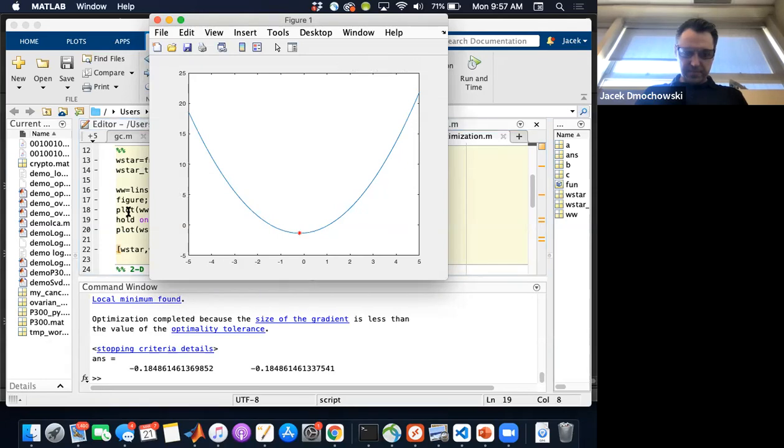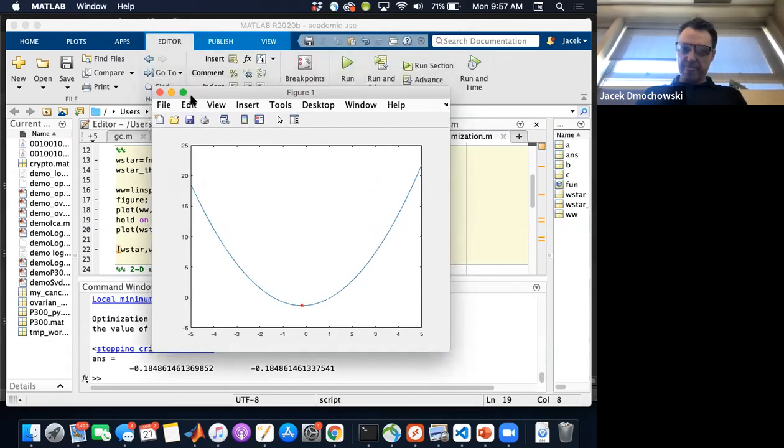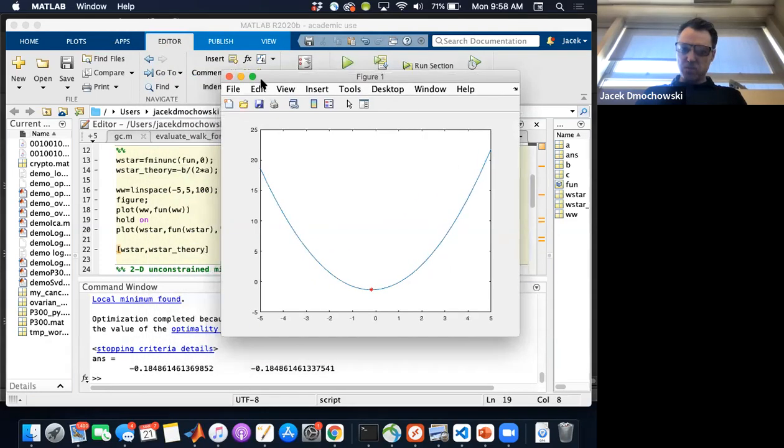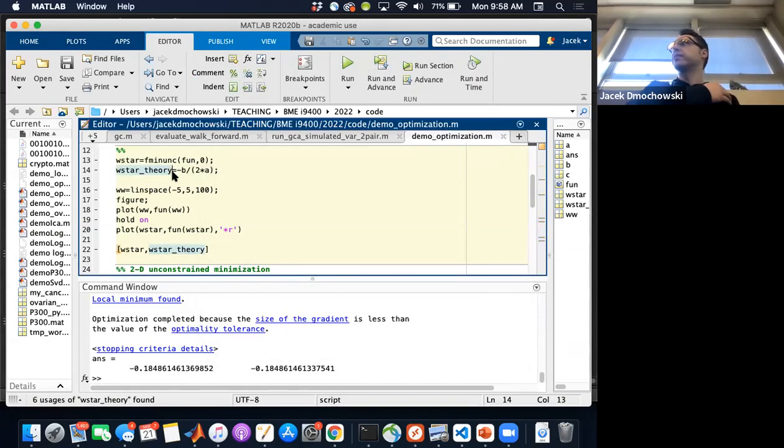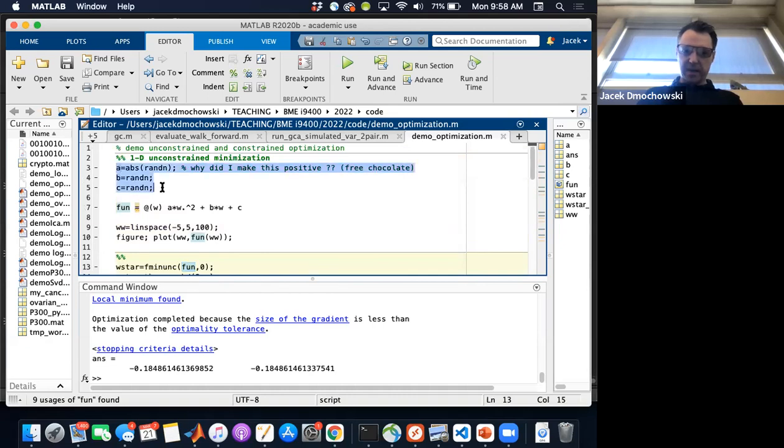What would you do this instead of just minimizing the function by itself? What's the question? Do you have the data beforehand? Yeah, the data is the training set in this case. So then you just find the minimum? That's what we're doing. Yeah, but fun we defined here with A, B, and C, but in the machine learning case, there's no A, B, and C, but there's X and Y's, and X and Y's are